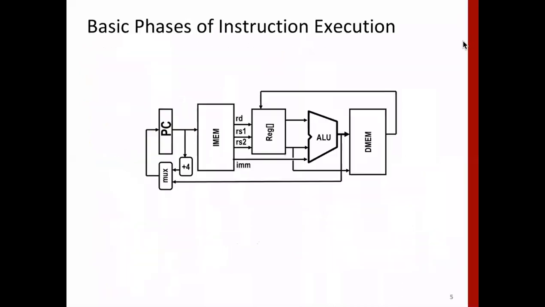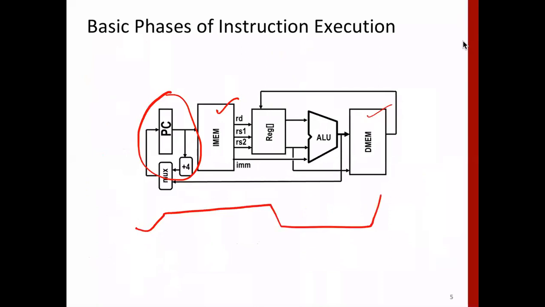So this is what we have looked at. We started with the basic principle and attached various components like PC plus 4. In every regular instruction execution, PC increases by 4. And then we have seen two memories, instruction memory and data memory. Note that everything is happening within a cycle. We start from here and go up to here. Within that one cycle, all the activities have got to be over. That's a constraint.